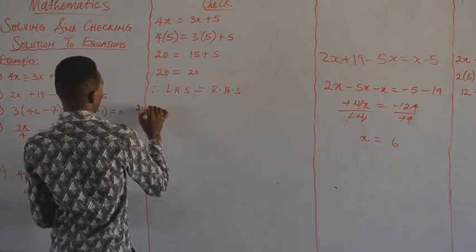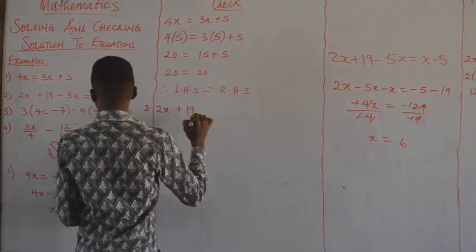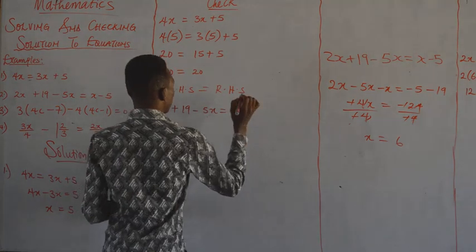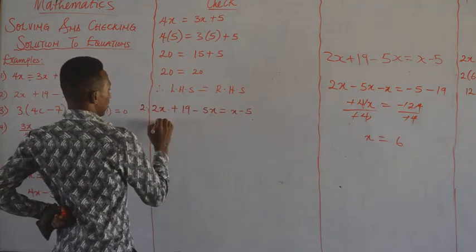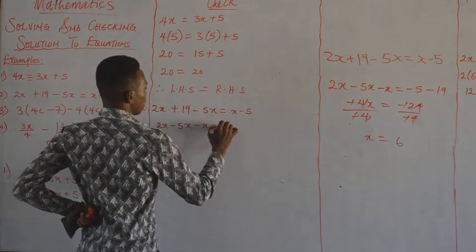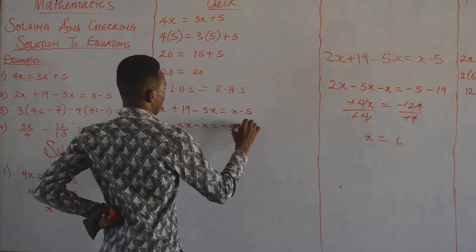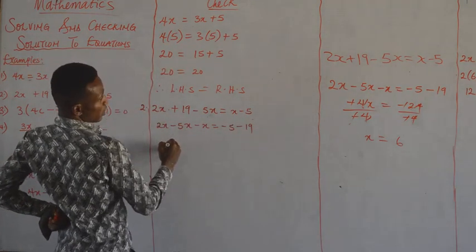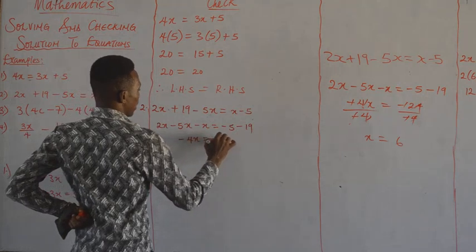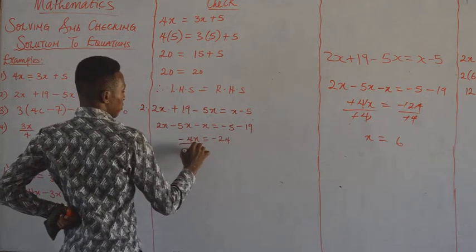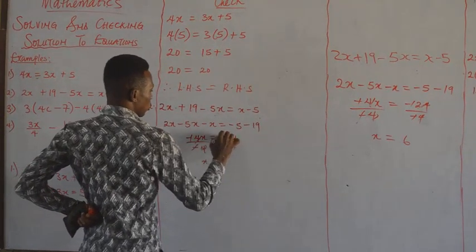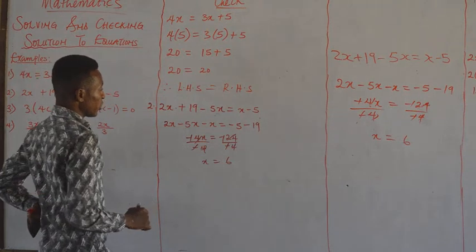So we have 2x plus 19 minus 5x equals x minus 5. When you collect your like terms, 2x minus 5x minus x equals minus 5 minus 19. So this gives us minus 4x equals minus 24. Dividing both sides by minus 4, we have x equals 6. So to check,